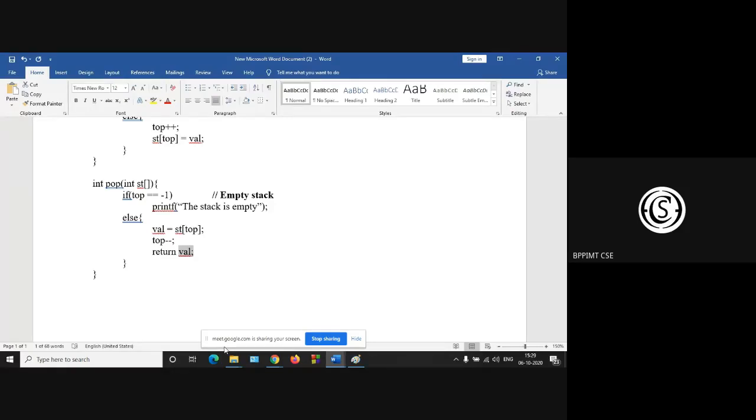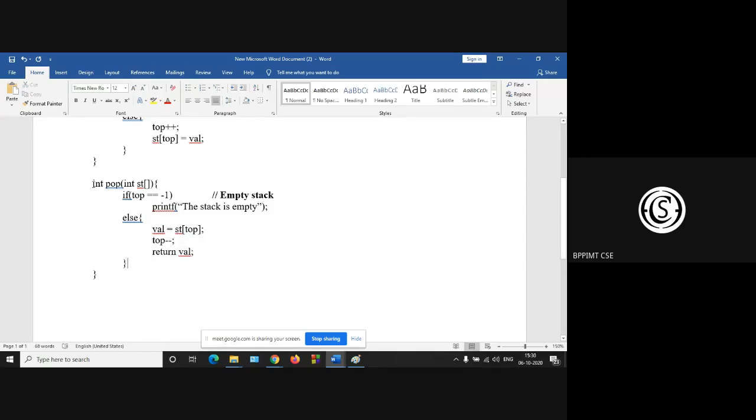So first, in case of push, first increment the top. If required, you can take a note. In case of push, first increment the top and then insert. In case of pop, first store the top element in a temporary variable, and then decrement the top, and finally return that previous top value, that is return the temporary variable val.